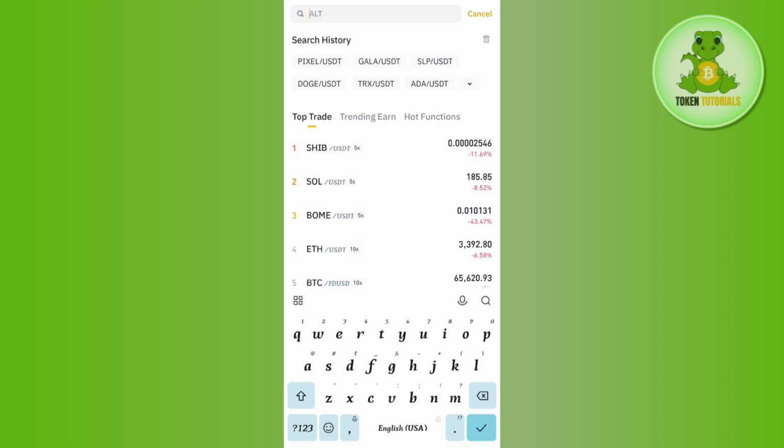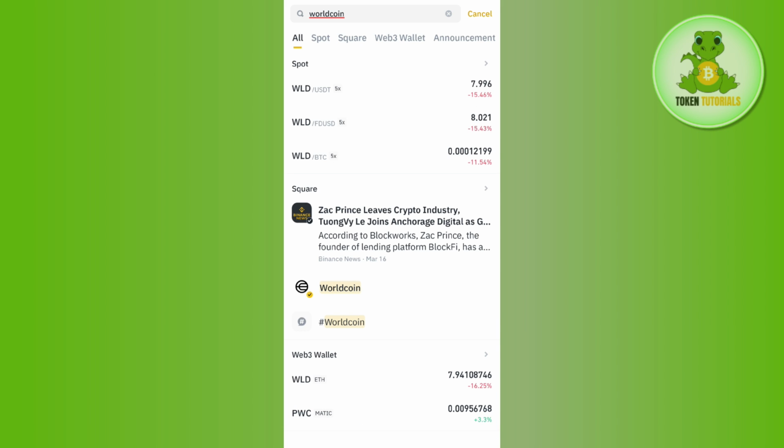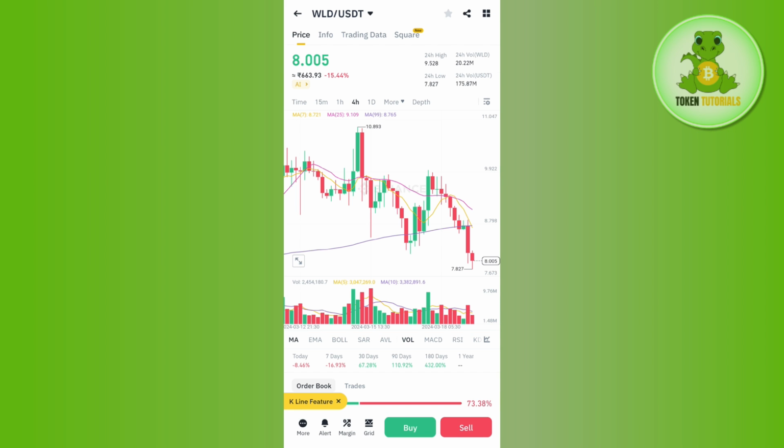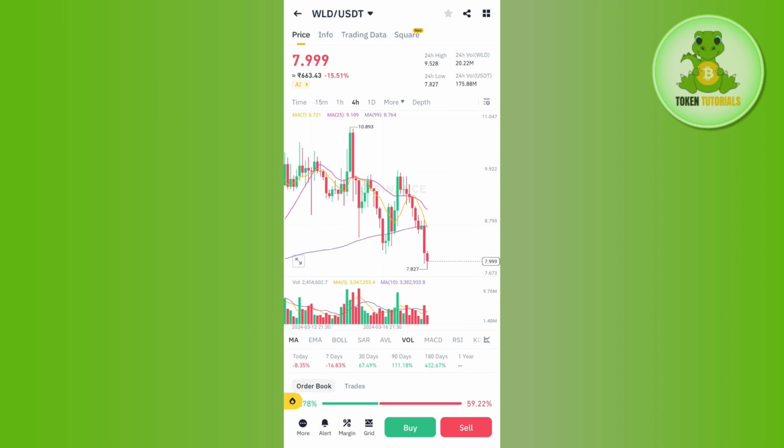Now in the search bar, you will have to search for WorldCoin and then press search. Once done, you are going to see the WLD/USDT pair. So you need to select this pair and then you will be redirected to the chart of WorldCoin. Now over here you are going to see this buy button in the bottom, so you need to tap on